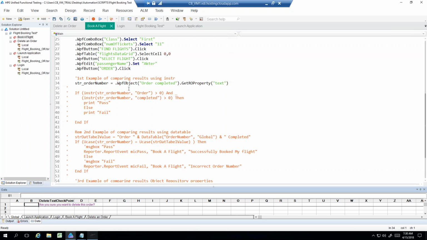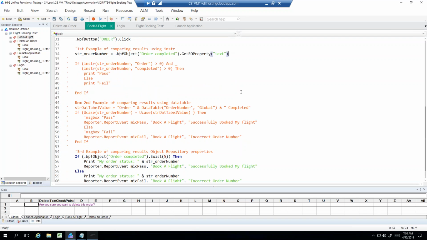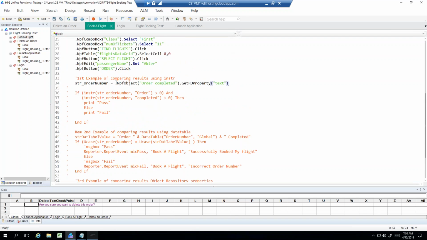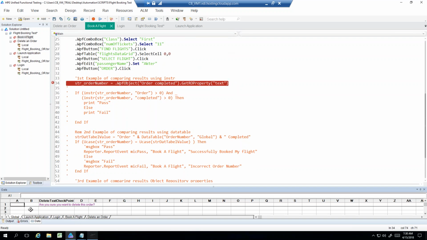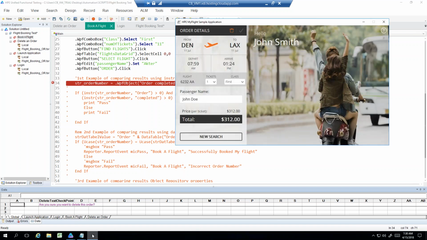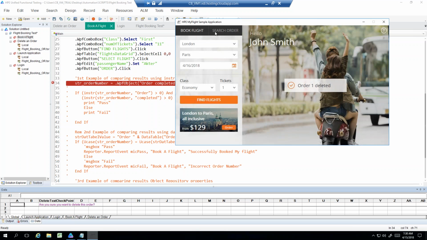Going back, let's put a breakpoint and run the entire test and see how we can enhance our book a flight and get the order number and store it in a data table. It will help us to verify, once we delete,